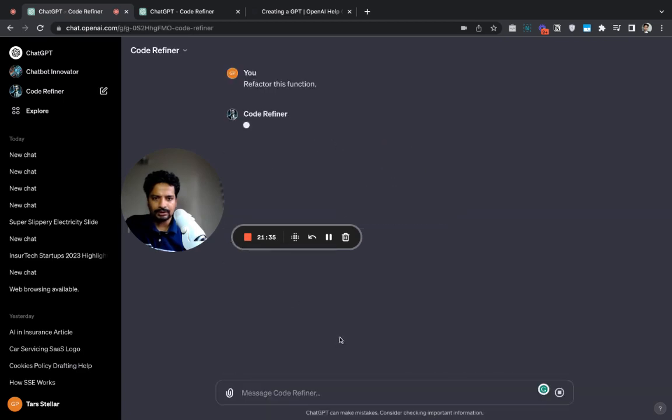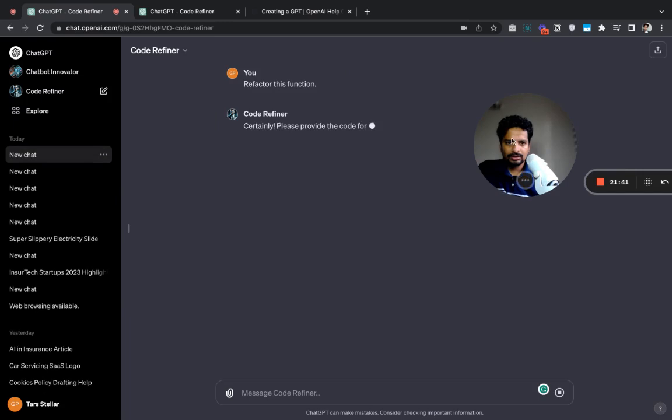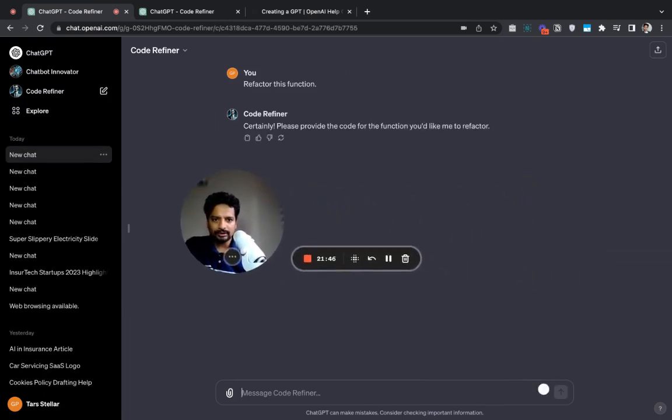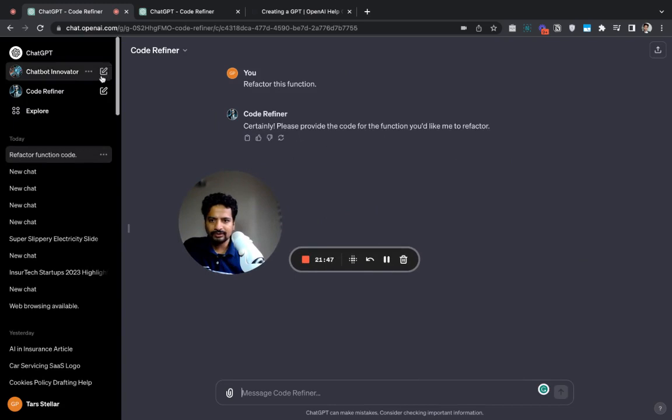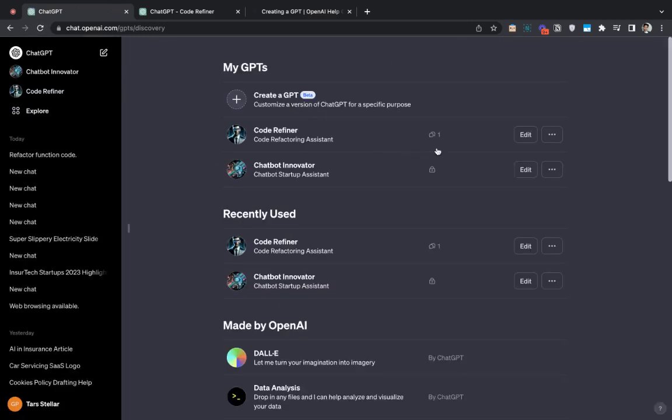Let's see this. Refactor this function. Certainly, please provide me the code that I will refactor. So I had this one conversation with it, and if I refresh, okay, you can see here